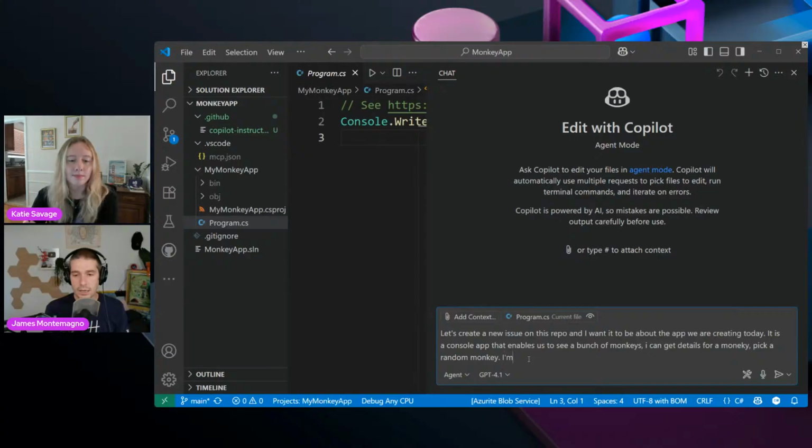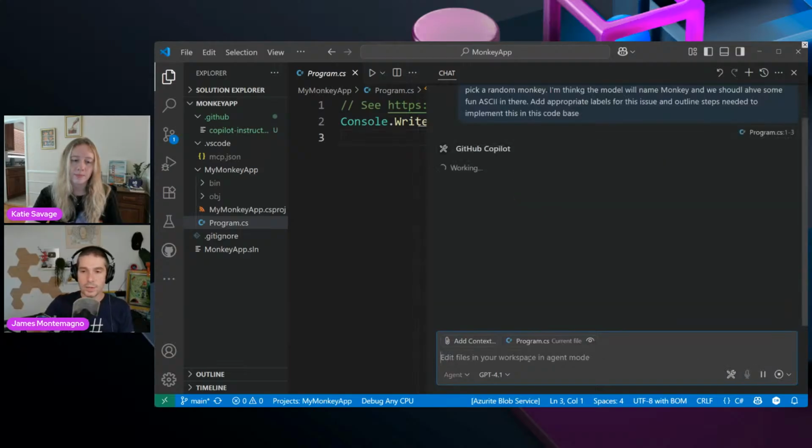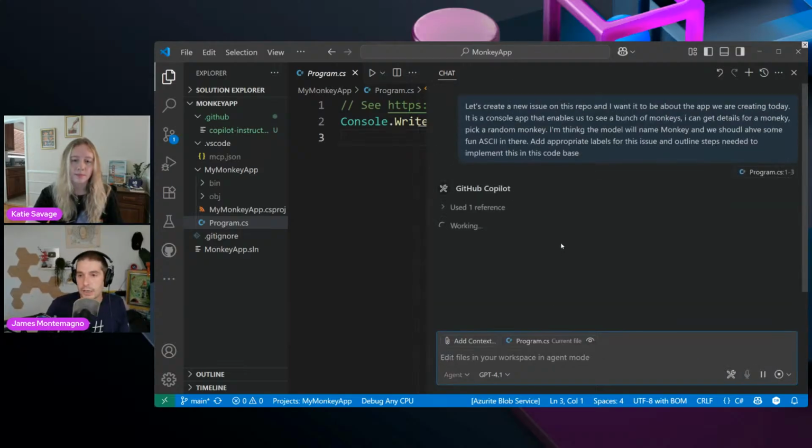I'm thinking the model will be named monkey, and we should have some fun ASCII art in there. Add appropriate labels for this issue and outline steps needed to implement this in this code base. So I kind of give it a big prompt here, but I'm basically telling it what I want it to do for all intents and purposes.